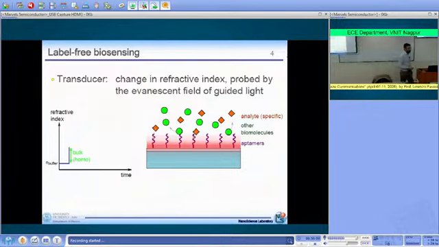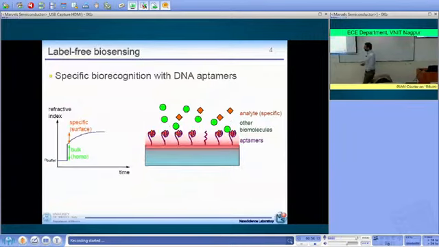And therefore, those analytes are captured on the surface of the waveguide, and in this way they change the refractive index on the surface layer of the waveguide. So what we are measuring as a function of time is a change of the refractive index caused by the capturing of the analyte by the chemicals that were used to functionalize the surface of the